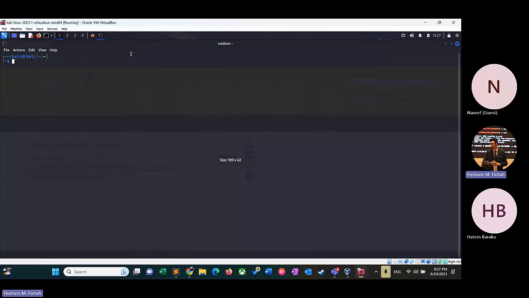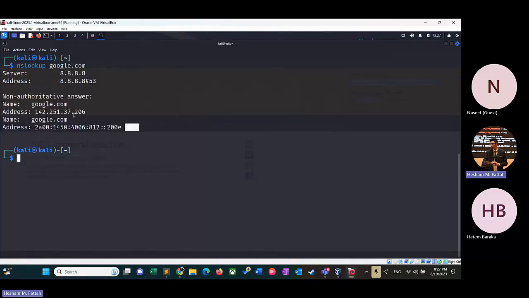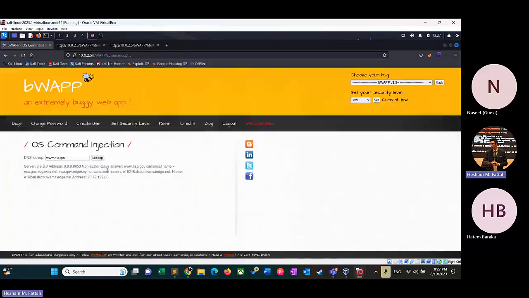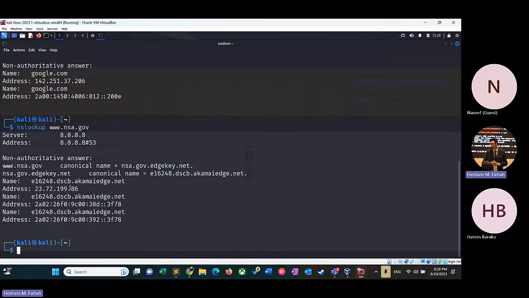So I'm going to open my terminal and show you what happened in the background. You inserted, for example, google.com. Your string became a part of a query, so the server will handle this request using nslookup. Okay, and hit enter, and now we have the same information. I'm going to copy the same website to find out the same result, and yes, exactly, we have the same result. So what we insert here executed on the terminal